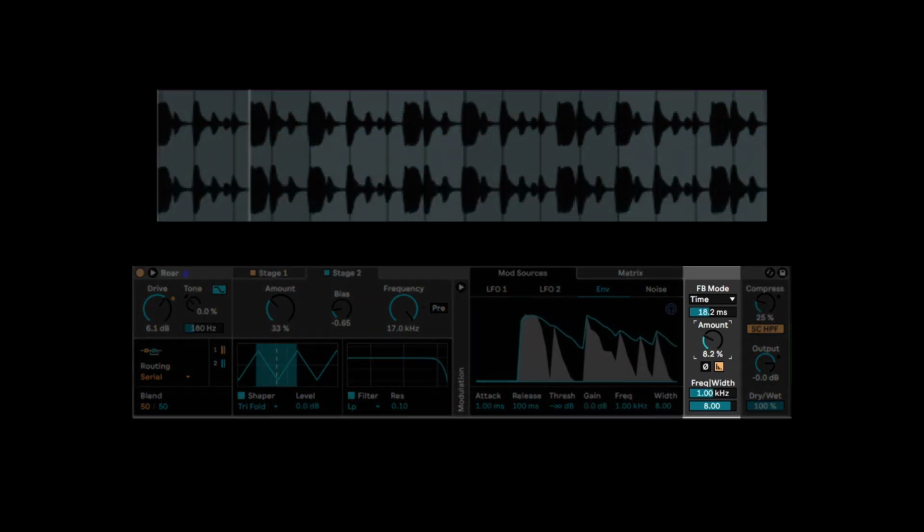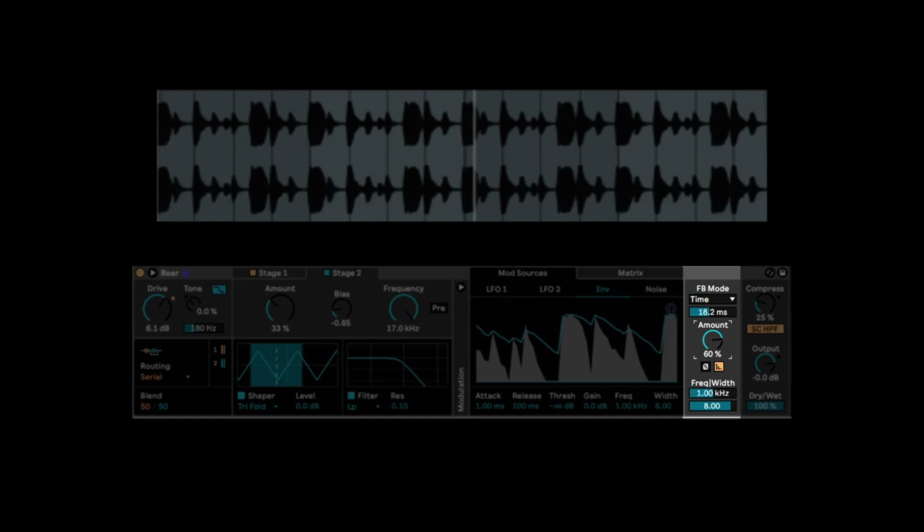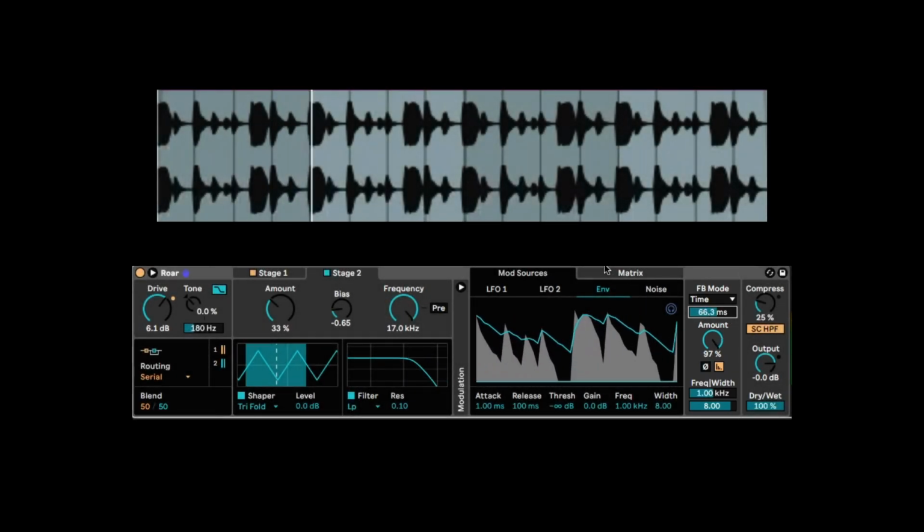A great feature of this plugin is the feedback mode, which generates repetitions of the sound based on time.